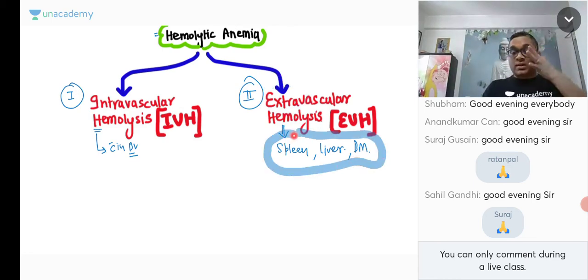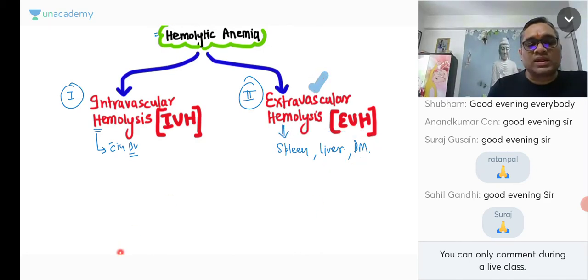Intravascular hemolysis, you will be having numerous findings, right? There are so many findings which I will discuss later on. First, I would like to finish off this extravascular hemolysis. So what will be present in extravascular hemolysis? What are the basic findings you will see here? The basic findings I'm writing. I'm not writing everything, just the important ones.